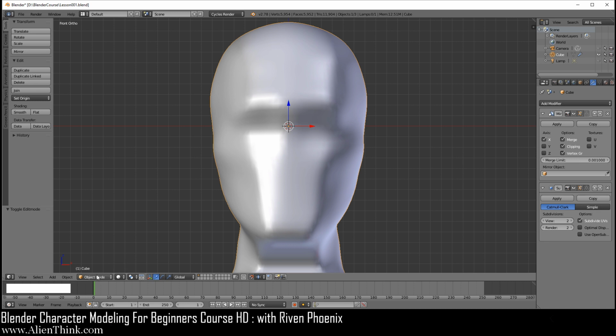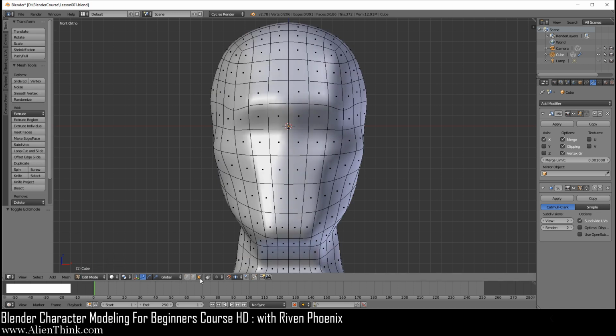So I'm going to go ahead and click on edit mode and make sure that this is on face select mode. Here you have edges, you have your vertex mode. Okay, so what I'm going to show you now is a very powerful feature in Blender and really changes the way you think about 3D modeling. It basically allows you to create your 3D models on the fly by having the correct topology, meaning that you really don't even have to waste your time going through the process of retopology when you're doing it this way, right?